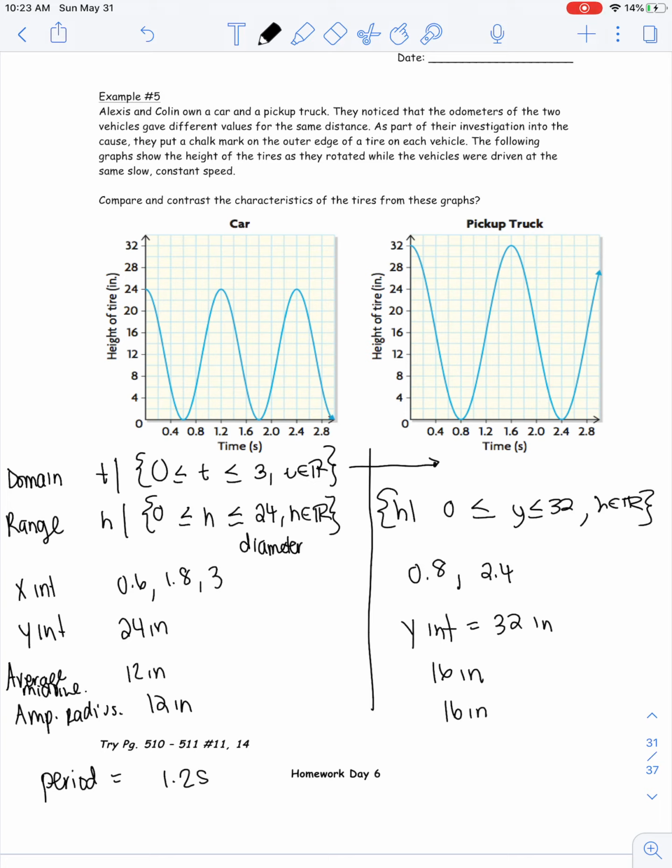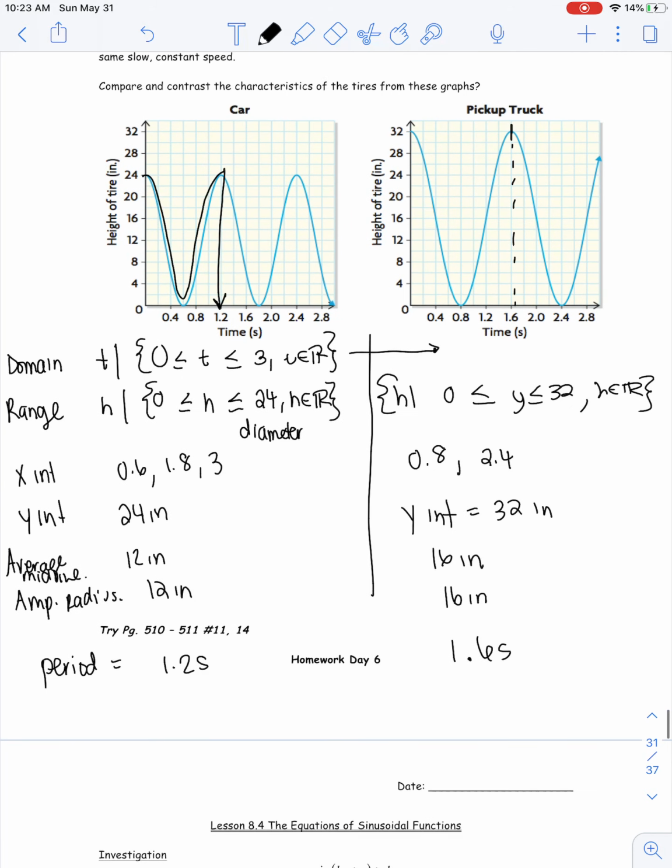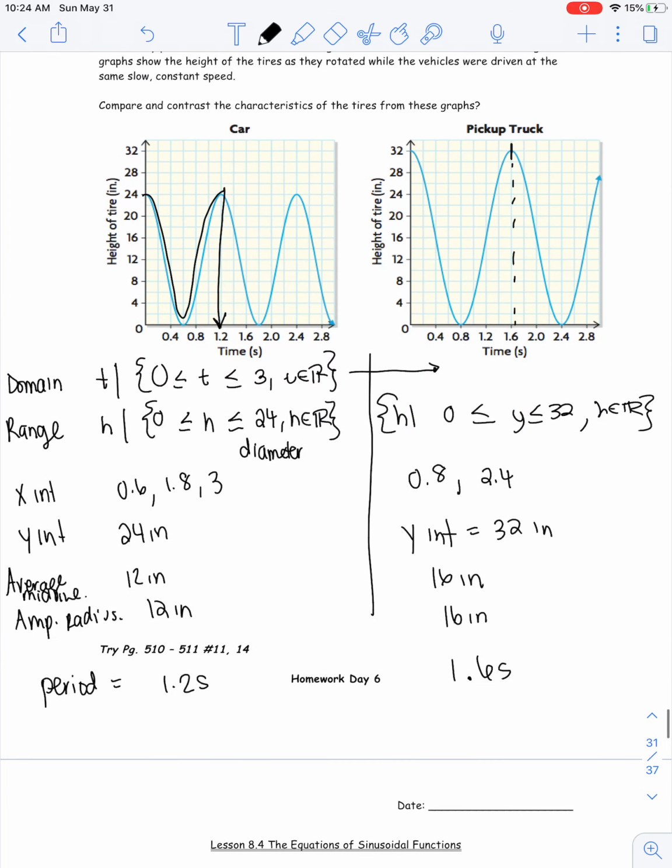The period. Now a smaller tire will always have a smaller period. So it's going to be 1.2 seconds. If you look, for it to reach back to the maximum, it takes 1.2 seconds. And the period for the bigger tire, to get back to its maximum, is going to take 1.6 seconds. Okay, so a bigger tire will always take longer to rotate. It's going to have a larger average height and a larger radius as well in this case. Okay, so that's